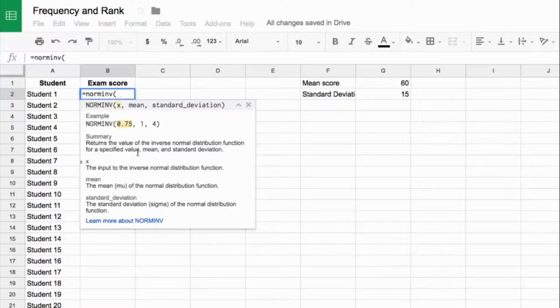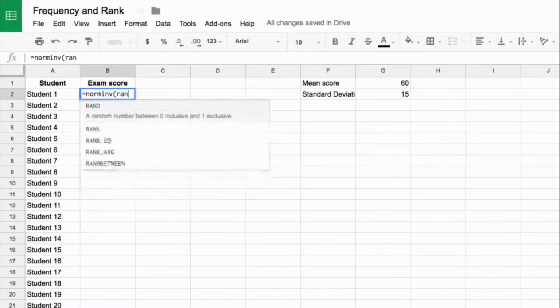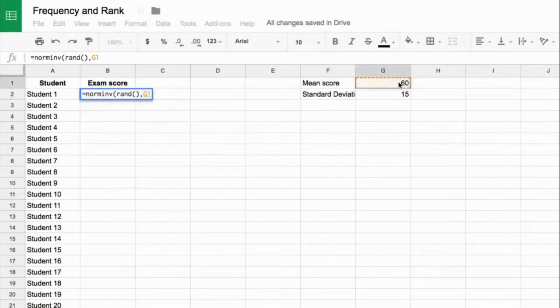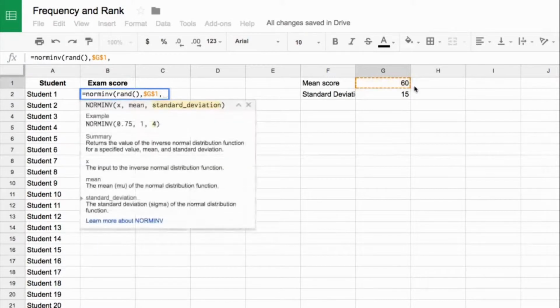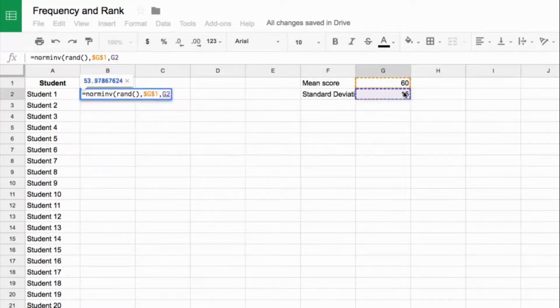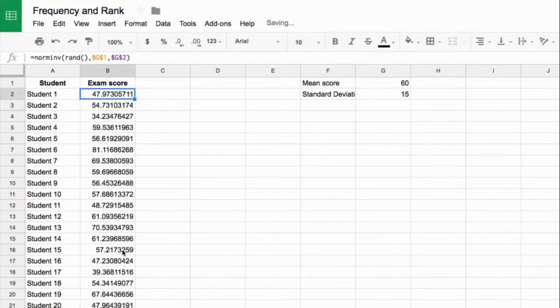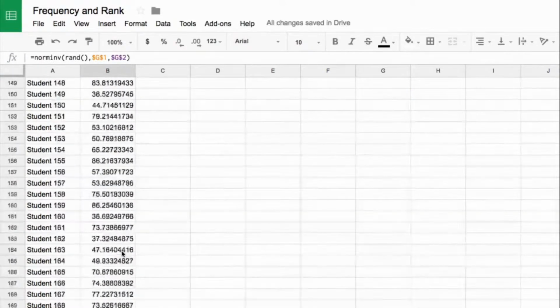We give it the specified value, which is going to be a random number. And then we tell it what the mean is and what the standard deviation is. So we can use the function RAND this time. It gives me a random number between 0 and 1. Then the mean is that there, which is the 60 that we chose, 60%, and then the standard deviation from that mean. Close the parentheses, we'll hit enter,